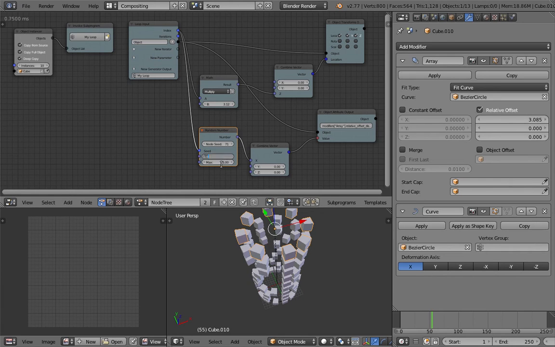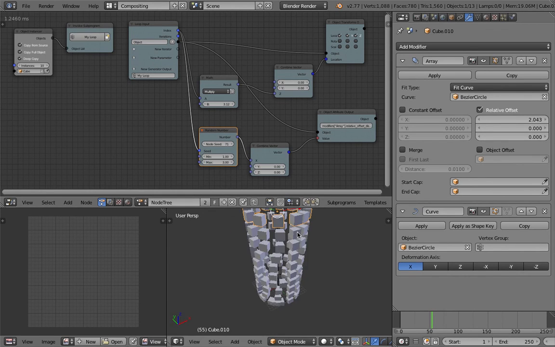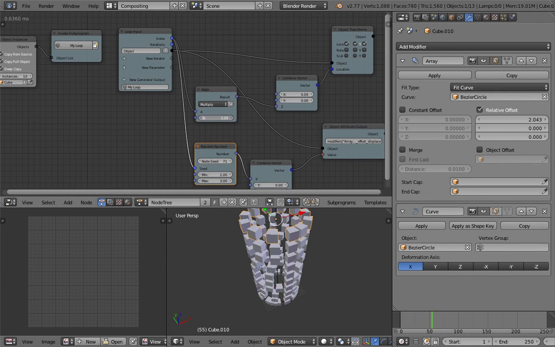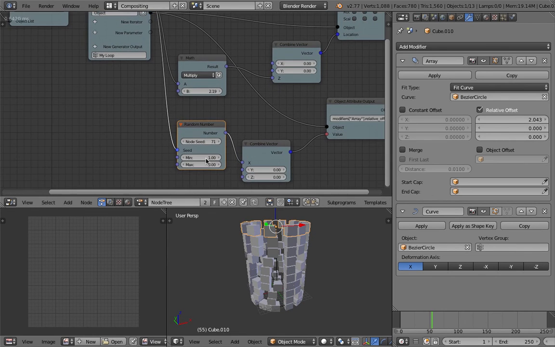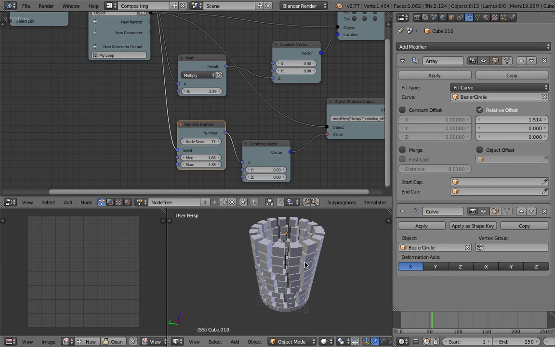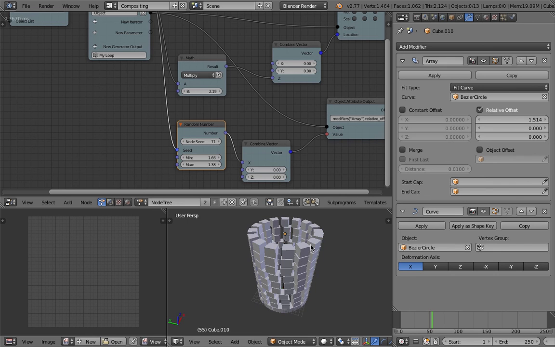So maybe 2 to 1 and 4, 1 and 3. So if you tweak this, you can have something that looks like a staggered brick or something. Let's try. Yeah, more random. There. Yeah, so